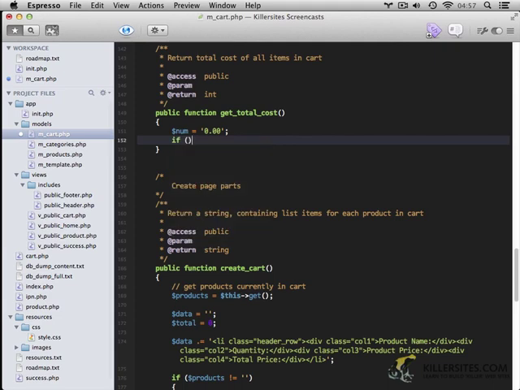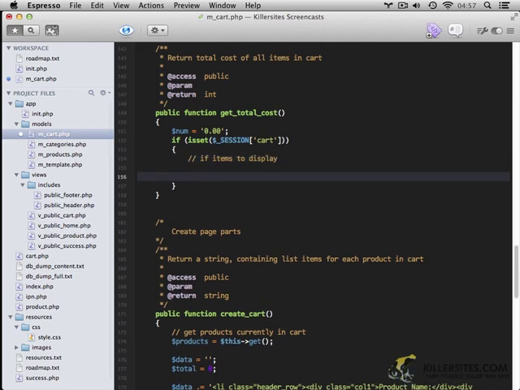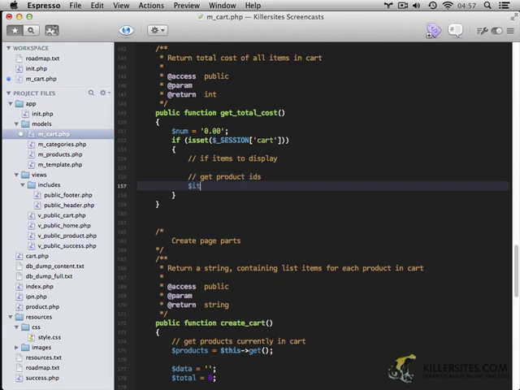Then we're going to do if is set, and we're going to make sure that there are actually items in the cart to display. So if is set session cart, and then we need to get the IDs of all the items that are currently in the cart. So IDs equals this get IDs,